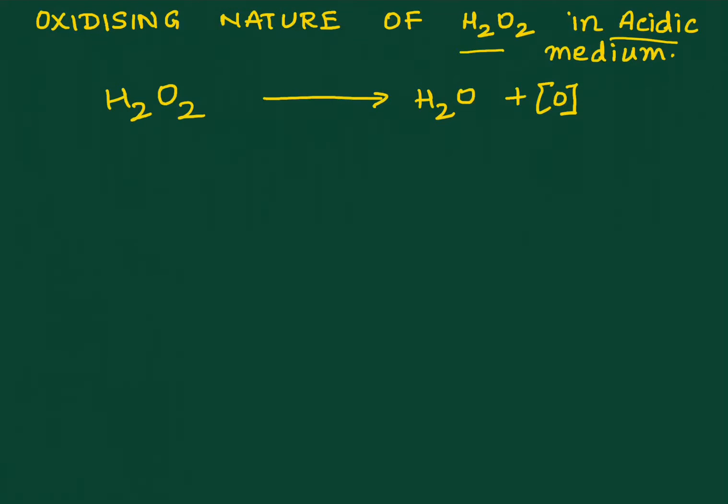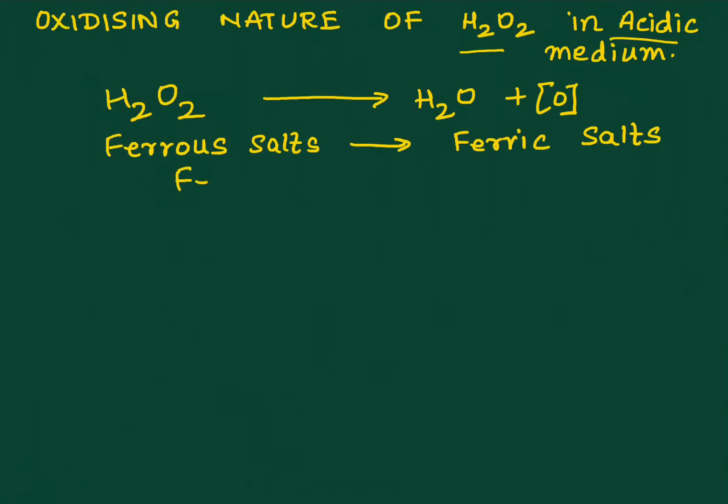Now, for example, we are talking about the conversion of ferrous salts or ferrous compounds to ferric salts or ferric compounds. That means iron gets oxidized from the +2 state to the +3 state. How are we going to write this reaction? So the first reaction anyway remains the same. I'll give you a hint for the second reaction, and then you try writing the complete equations by adding the partial equations.